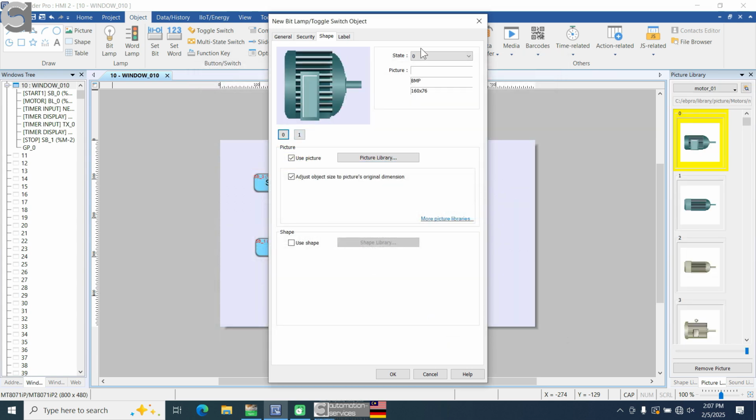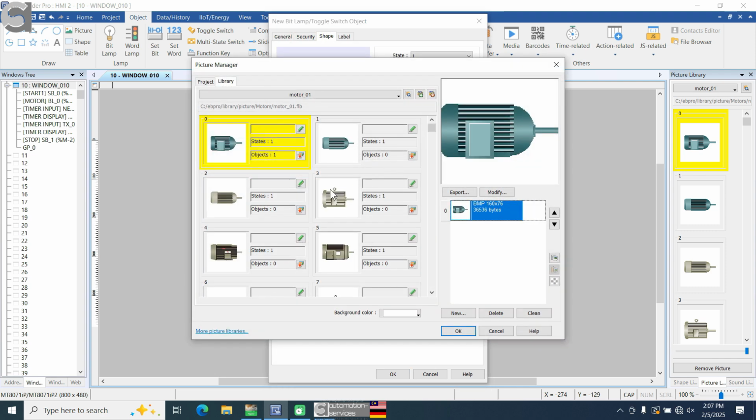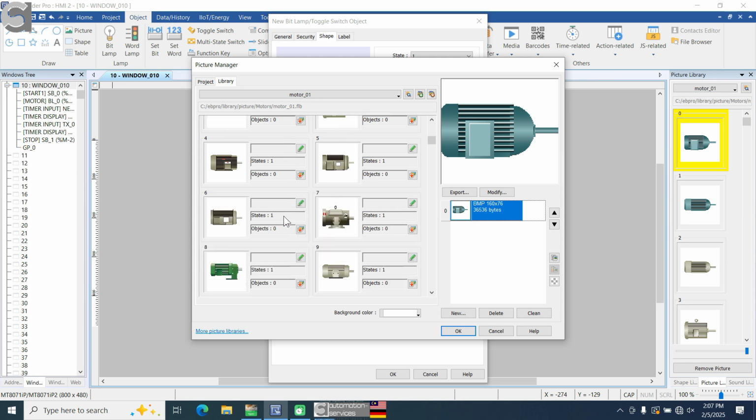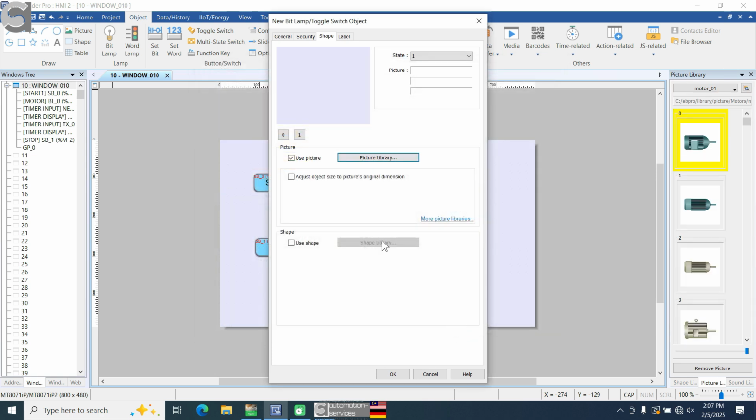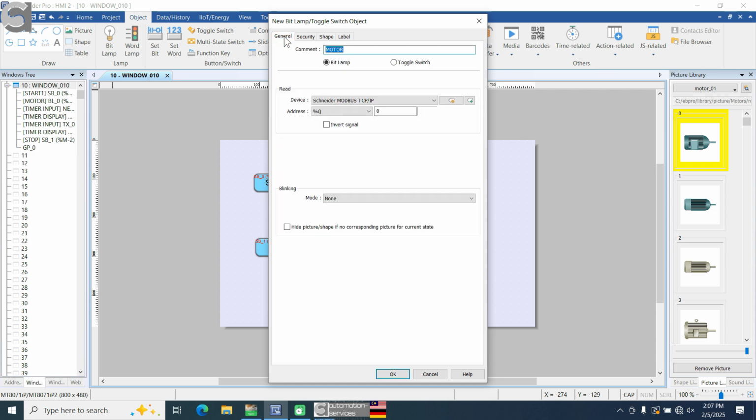State 0 only. State 1 cannot. All state 1 means when it's on, it will show. When it's off, it becomes 0. Oh no. When it's off, so